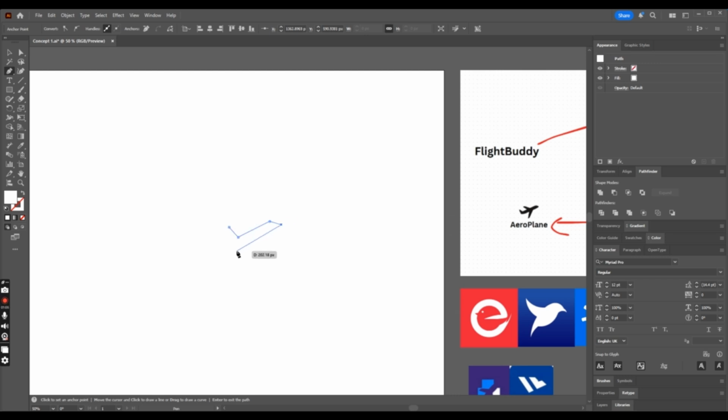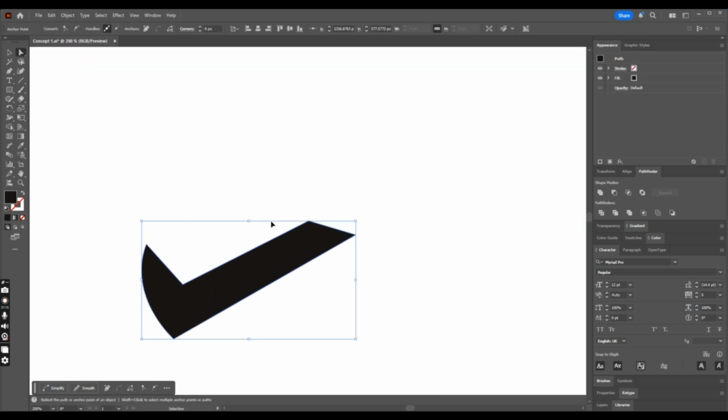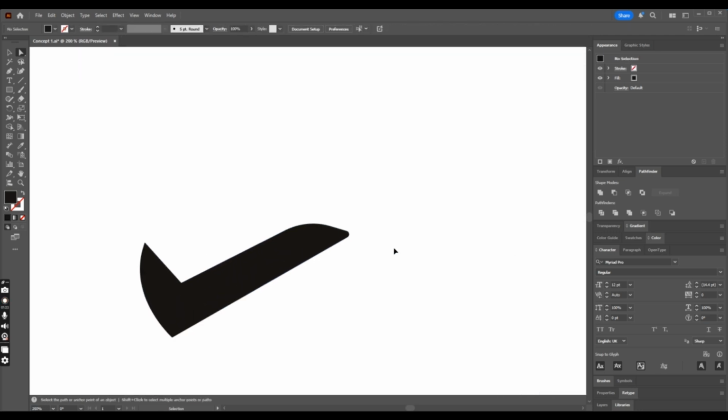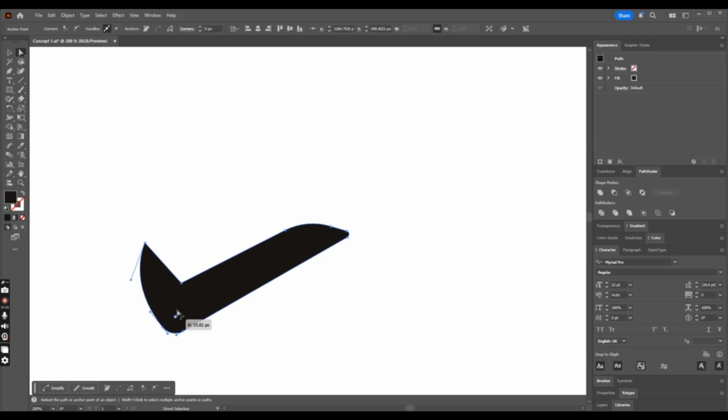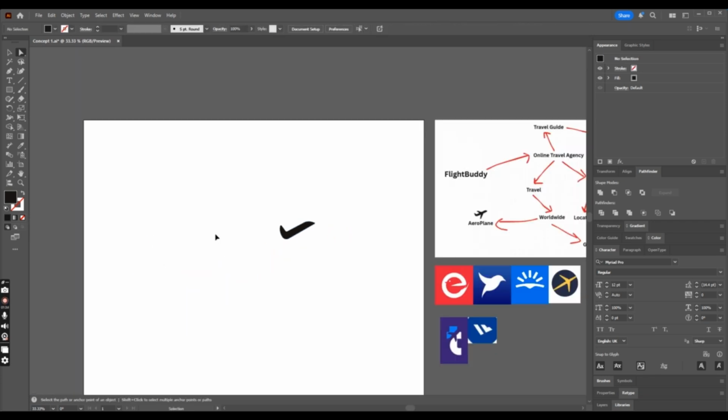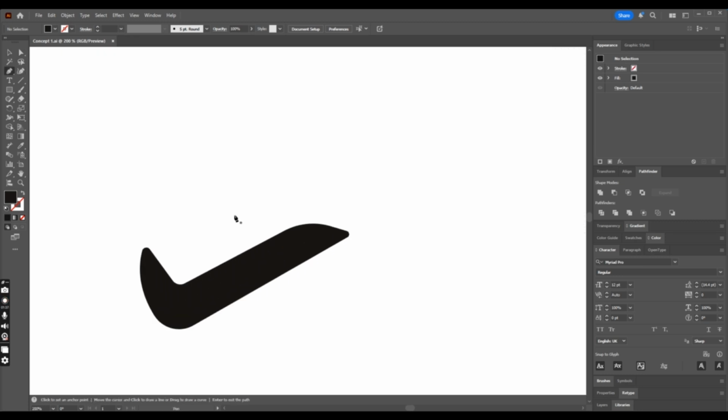Just draw a shape like this. Drawing a plane is a very easy task. Just follow what I did, and here just select one point and do like this. Just click one point and do like this. Okay, and now also need to focus on that. So these are the first points we have to do, and the second part is